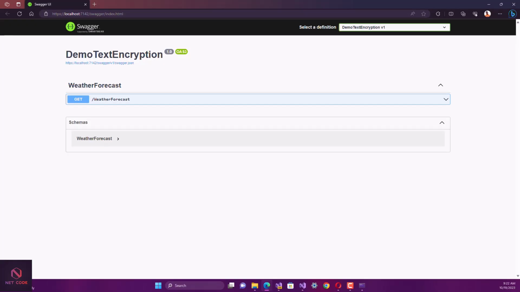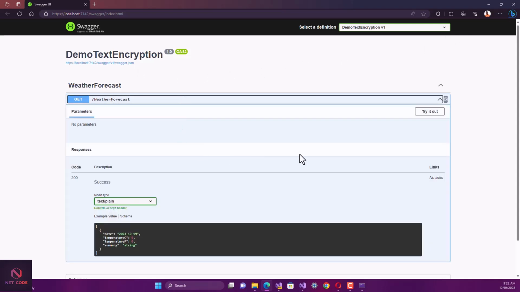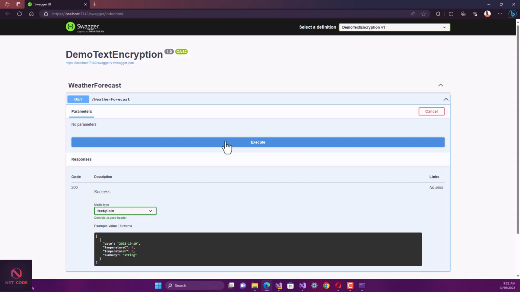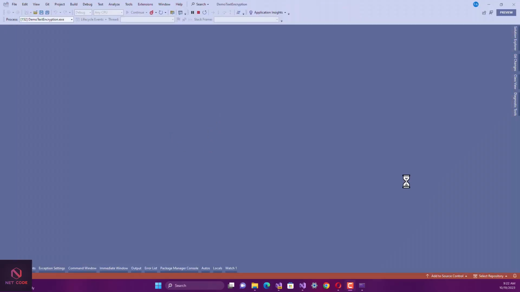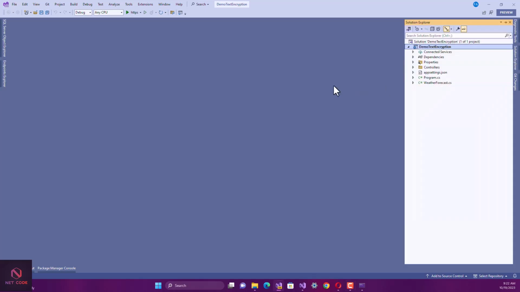That's right. So you can see that we have the app ready. This is the app, the API ready. And we have weather forecast that we can make a query out of this. As you can see, this is a default one. Now let's close this. And in here, when we go to Solution Explorer, in here, this is what we're going